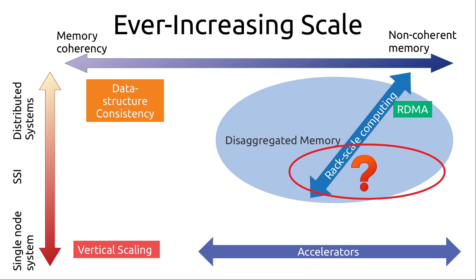The question that we're going to be investigating is if there is a capability to have an operating system that can span across an entire system of disaggregated memory, therefore providing a single image, a single notion of access control, and sharing to all of that memory while still working for non-coherent memory.